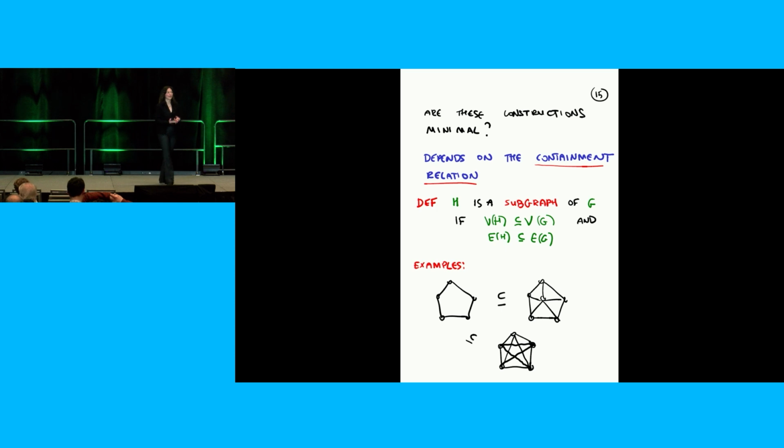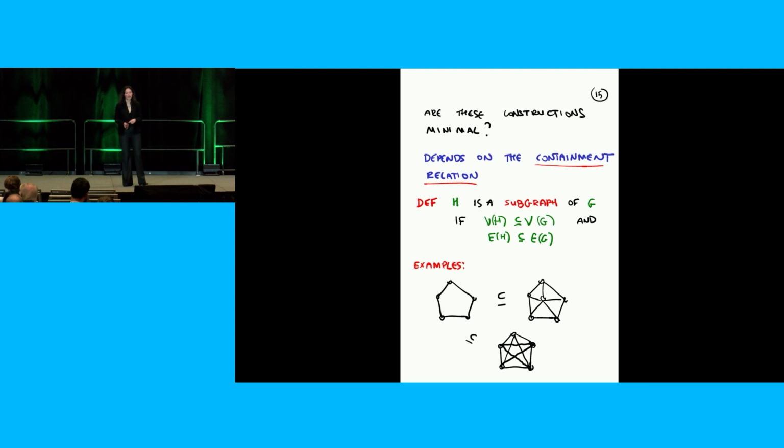And so let's start with kind of the most well-known one and the most intuitive one, and that's the relation of being a subgraph. So you start with a graph, and now I want to say what it means for another graph to be its subgraph. And all that means is you're allowed to delete vertices and you're allowed to delete edges. Right, so that seems fair.